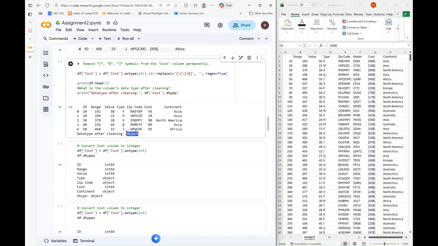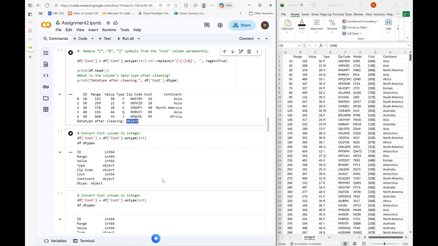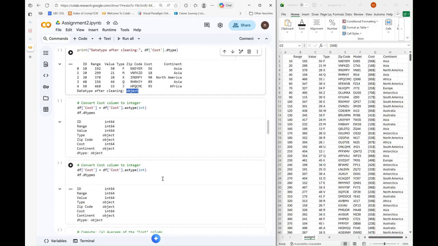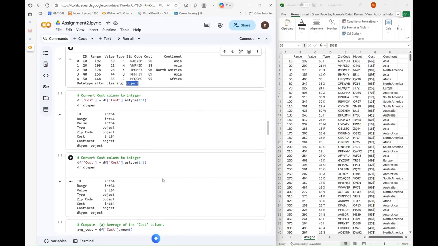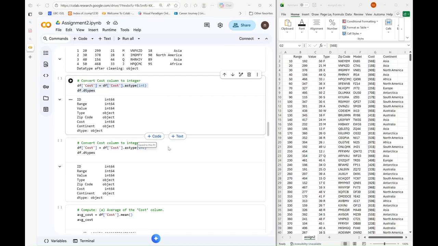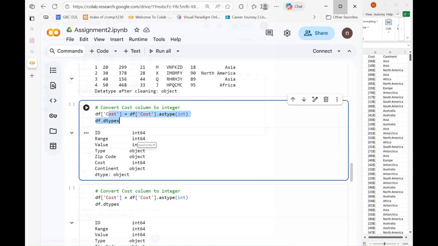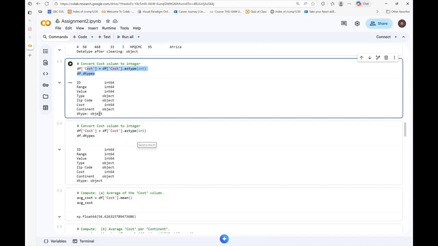Since machine learning models require numeric format, the next step is converting this column into integer to make it usable for analysis and modeling. In this step, I converted the cost column from text format to an integer format using the astype int